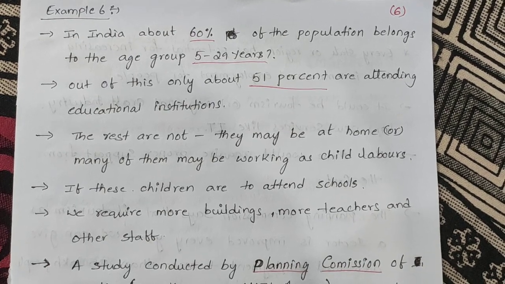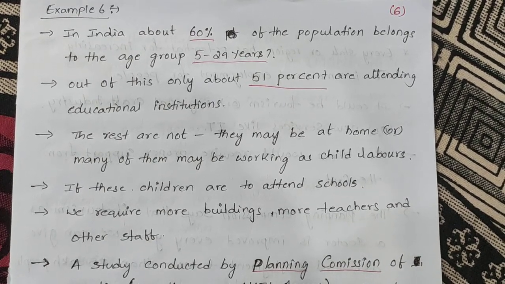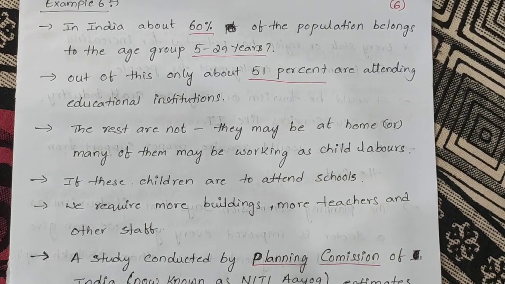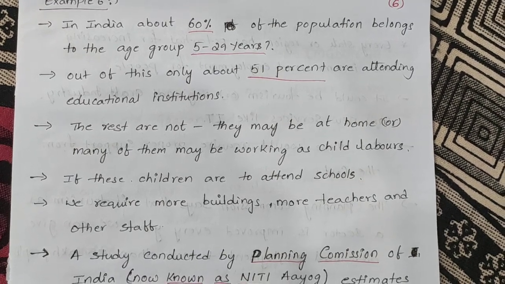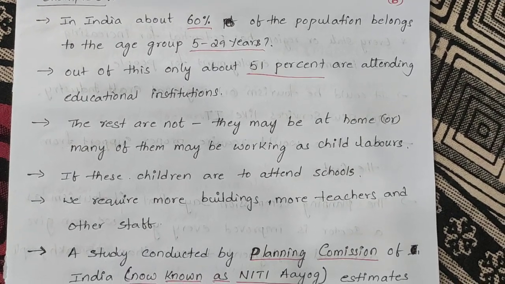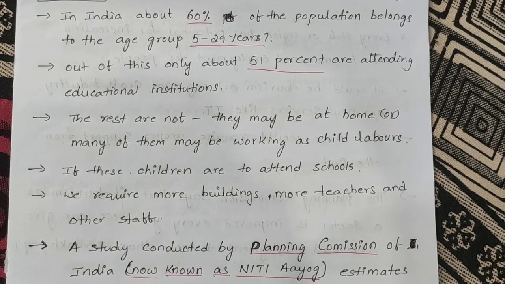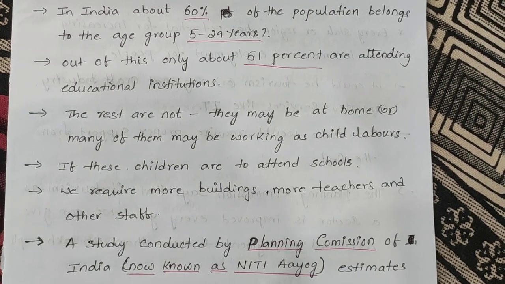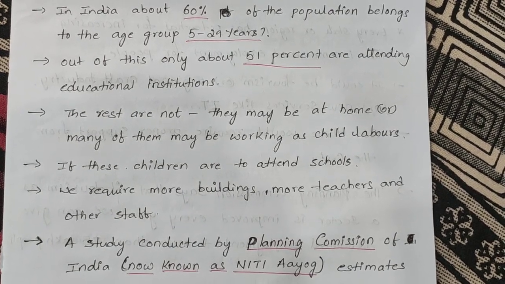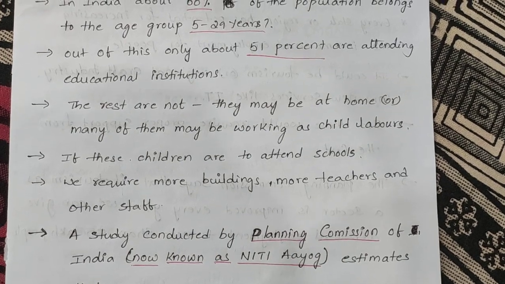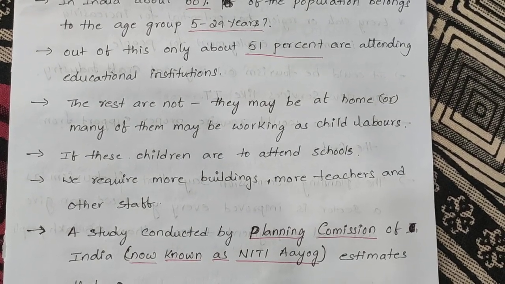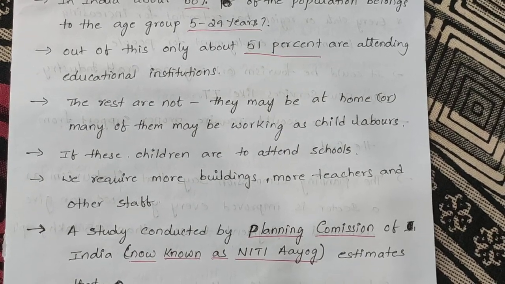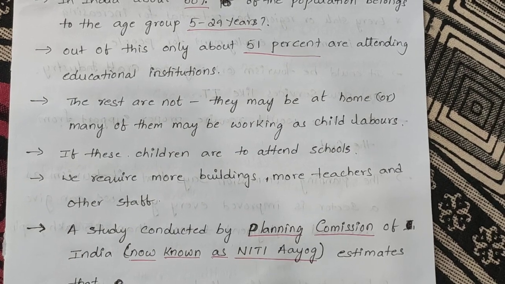Which means the rest of the 50% are staying at home or working as child laborers or something else. If we make that 50% also attend school, then in the educational sector we can create new employment. We require more buildings. If the rest of the 50% of students attend school, then we need new buildings, more teachers